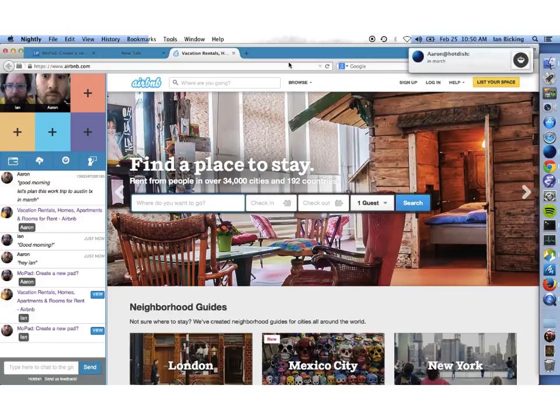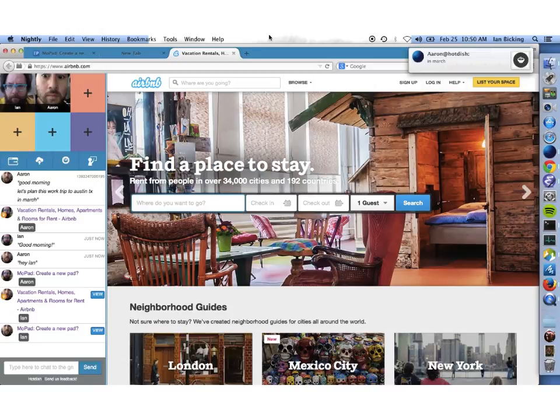So as I open the page, Aaron here can see that I've opened the page, and again we reflect that back to ourselves. There's a little location badge. If you look at the second row down here under vacation rentals, that shows that is my active tab. So that's what I'm actually looking at. And then it also shows anyone else who's on that page. So in that case, it shows Aaron. The same page is duplicated a little bit further down, and it shows that I am also on that page,